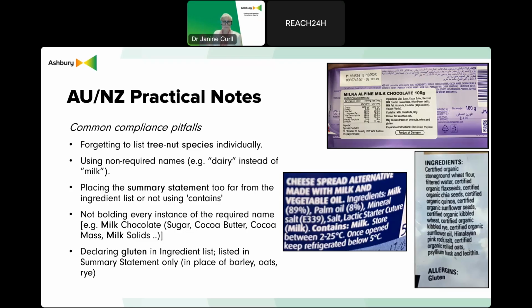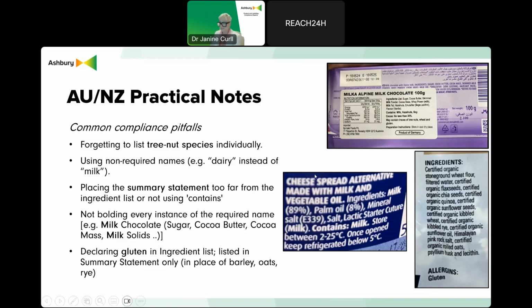We have some examples here of non-compliant ingredient lists that demonstrate some of these errors. Also shown in the tall, long image, allergens such as wheat and oats are not bolded here, and they should be. Wheat containing gluten must now be mentioned as the two allergens on the label. So down here we've got allergens spelt wrong. It should actually be wheat and gluten there, as well as any other allergens in that list.